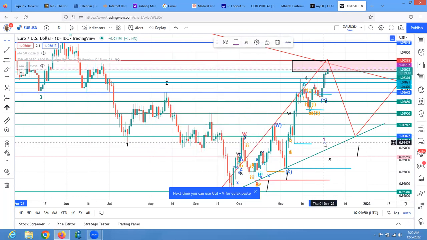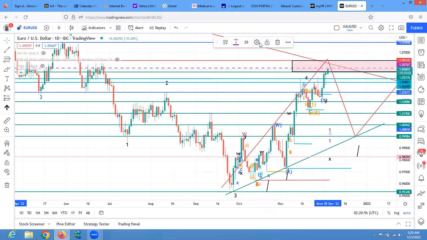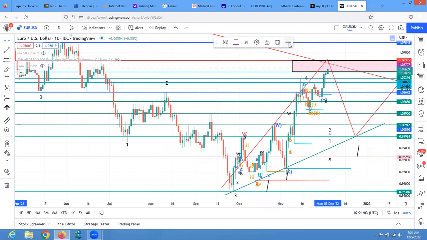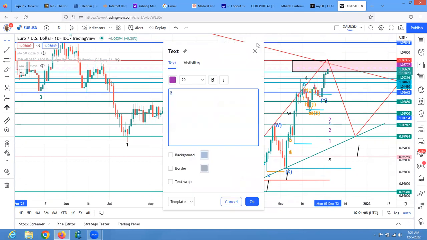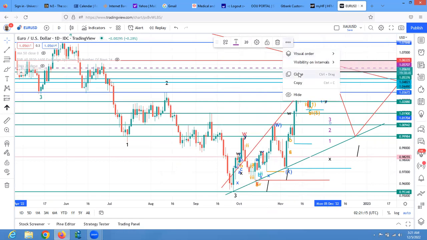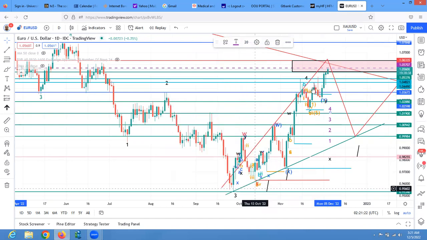So I will label it a 1, a 2, a 3, a 4, and a 5